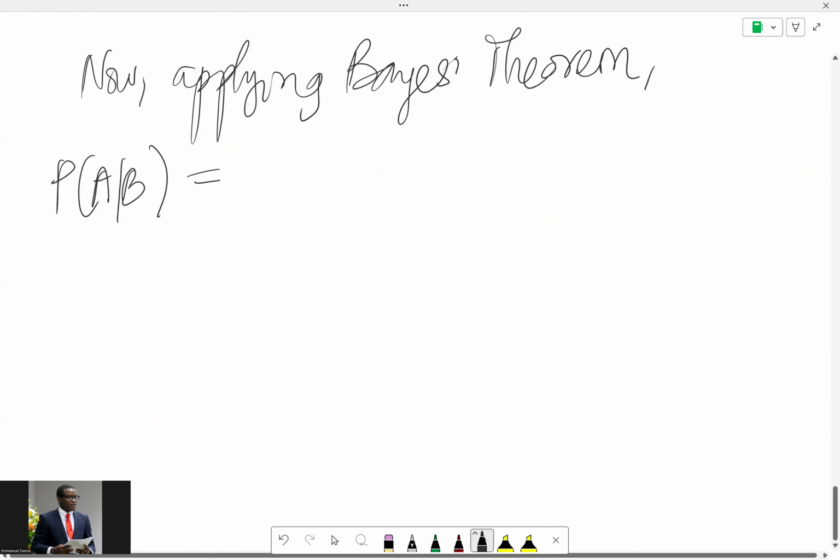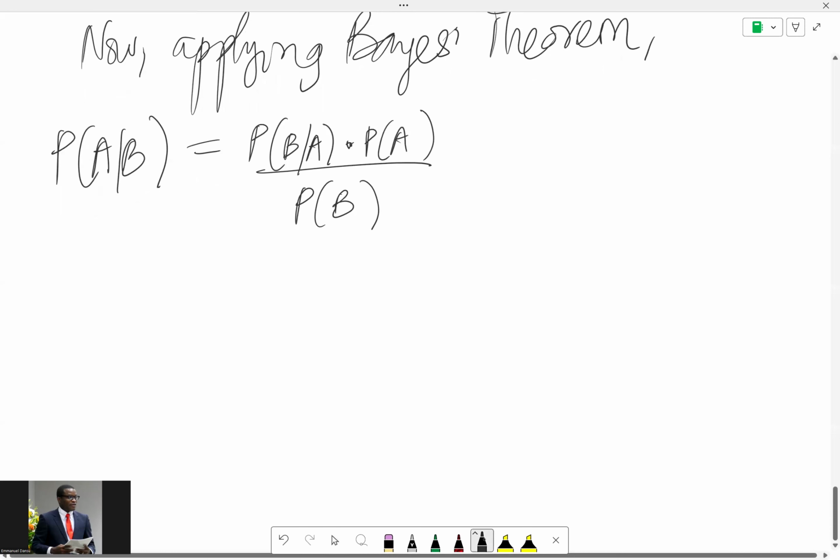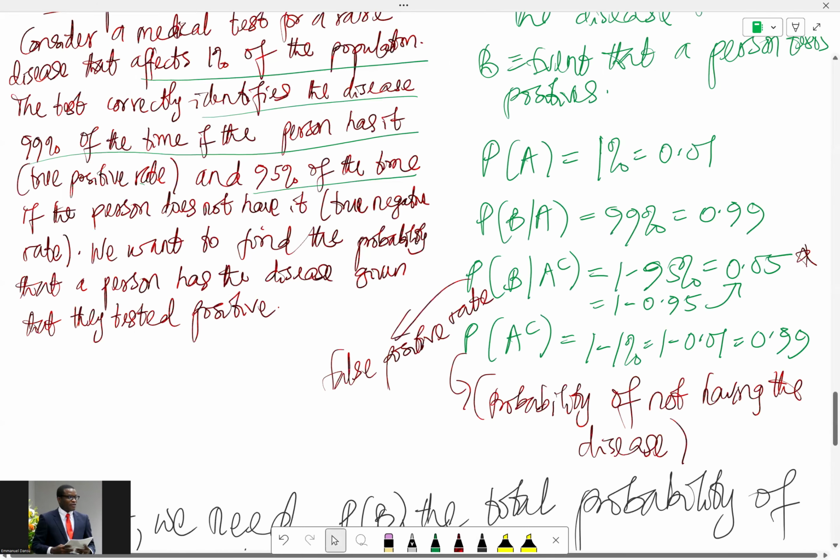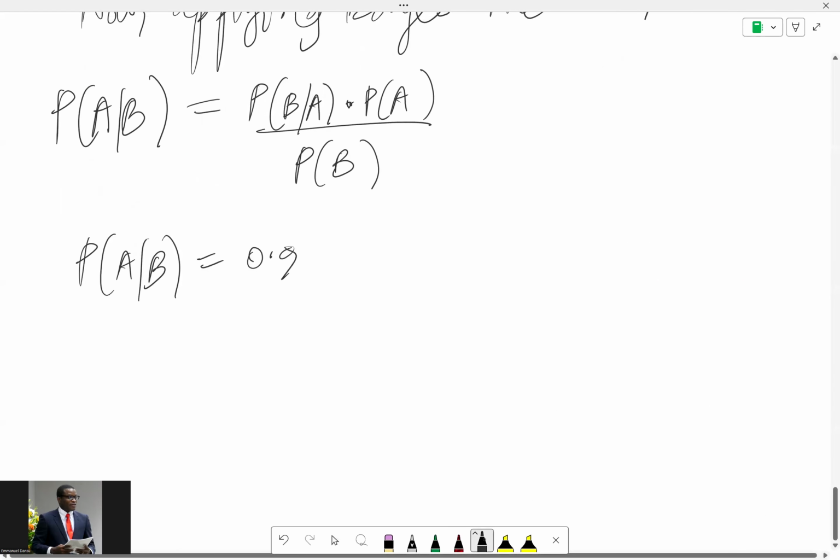We want to find the probability that the person has the disease, given that they tested positive, okay? So in that case, probability of A given B is actually probability of B given A times probability of A divided by probability of B itself, which we just found. So the probability of A given B is equal to probability of B given A. That's 0.99, multiplied by probability of A itself. Probability that somebody has the disease is 0.01 because 1% of the population has the disease. Probability of B is what we just found out,